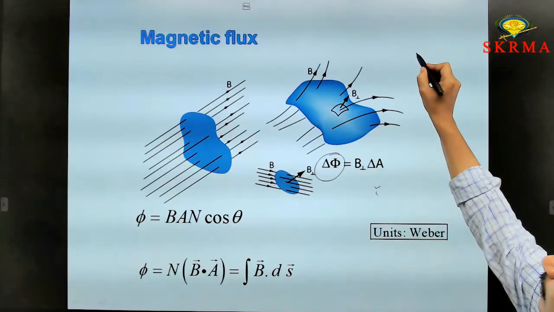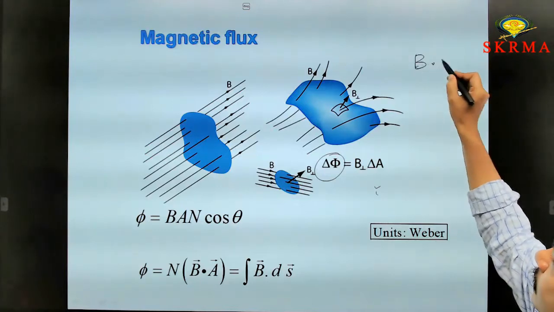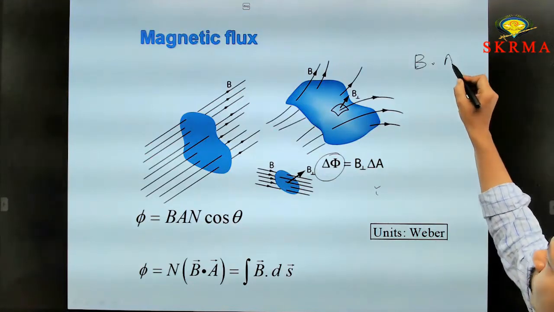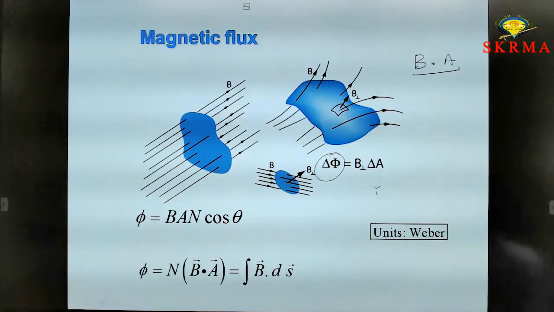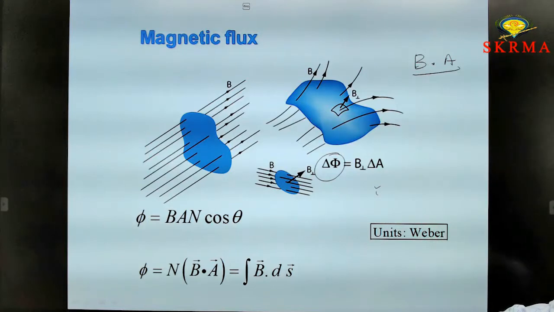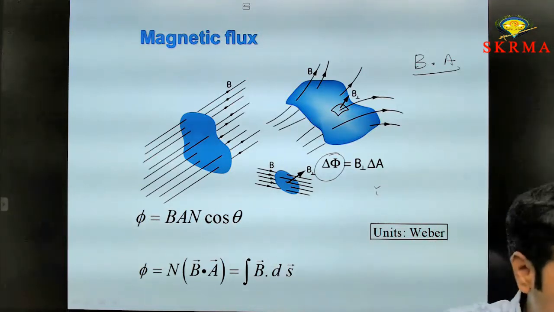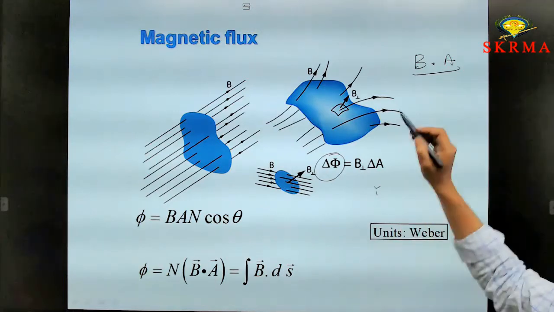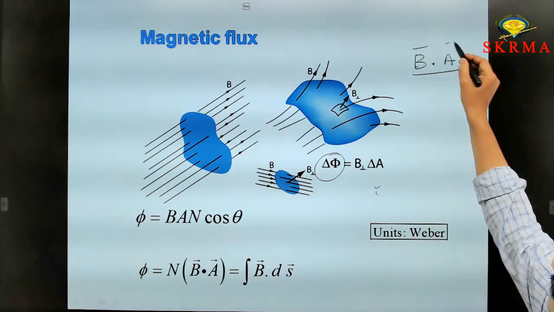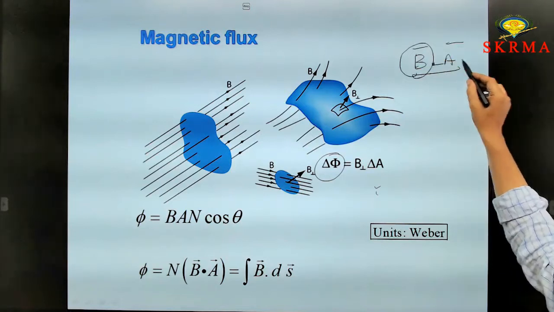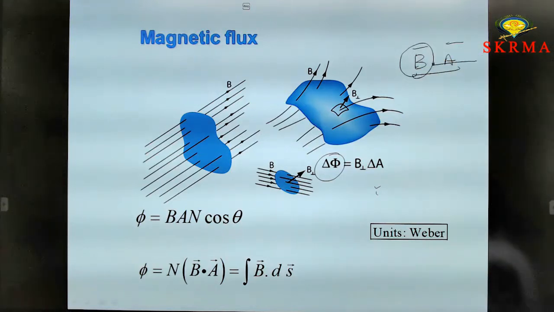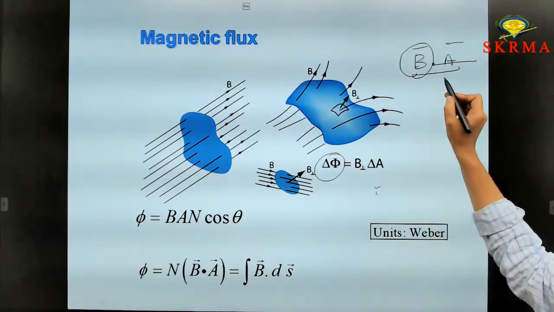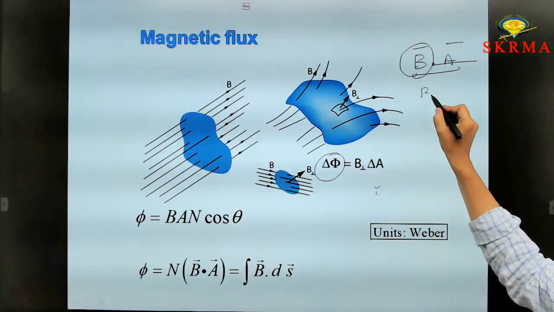Everywhere, if you observe this, B dot dA, B dot A. What is dot product? Here, the dot product represents flux. E dot dS is electric flux, meaning the electric field lines move from one place to another. In the same way, here also we have discussed magnetic flux. The magnetic field passes through some area of cross section. That is magnetic flux. In equation, we write B dot A as BA cos theta.